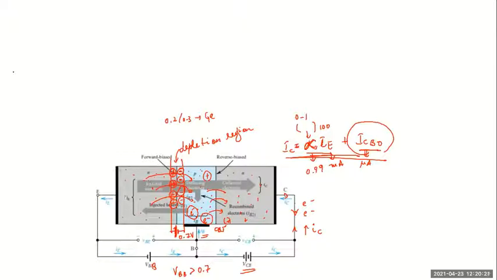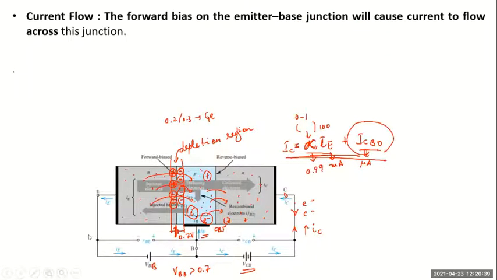only then there will be movement of charge carriers from emitter to base, where few will recombine to form the base current and the rest will continue over to get collected at the collector. And like this, the value of collector current IC would be almost 98 or 99% of the emitter current, which is IE.